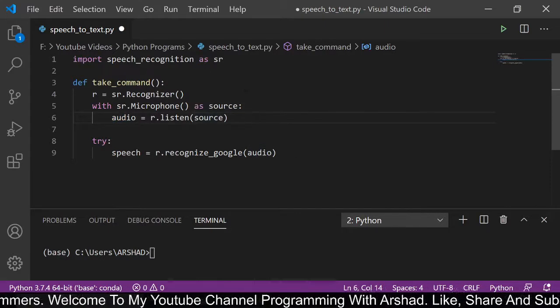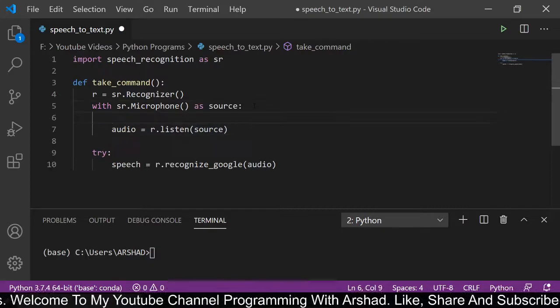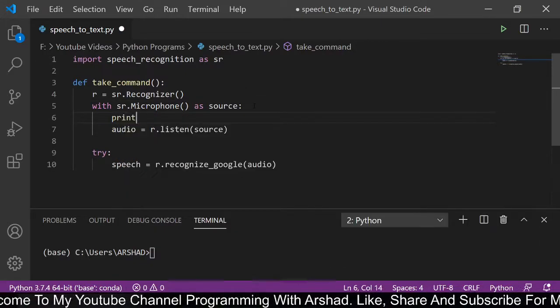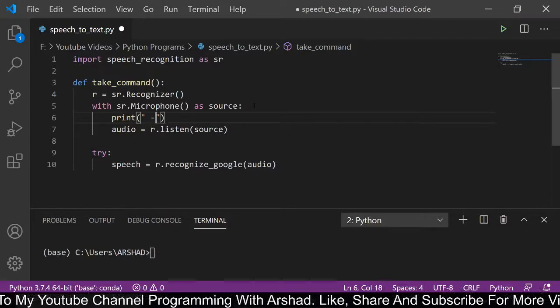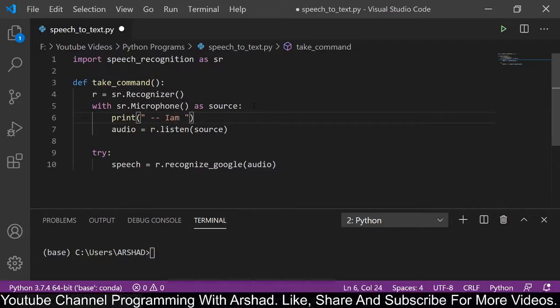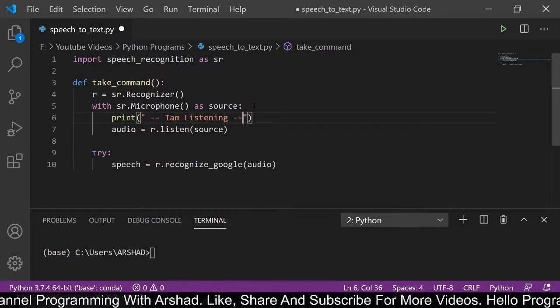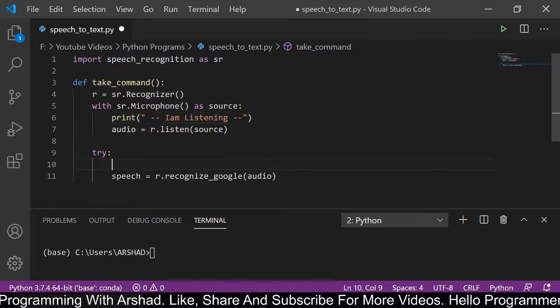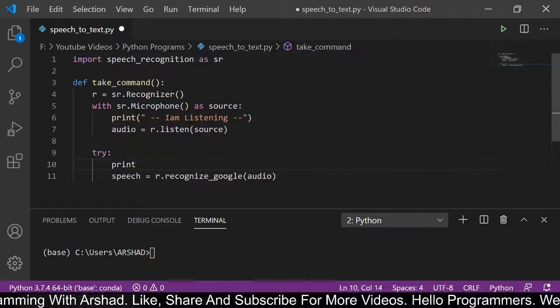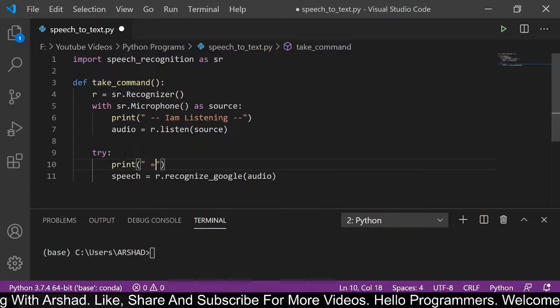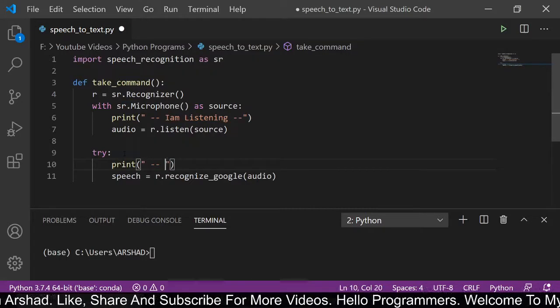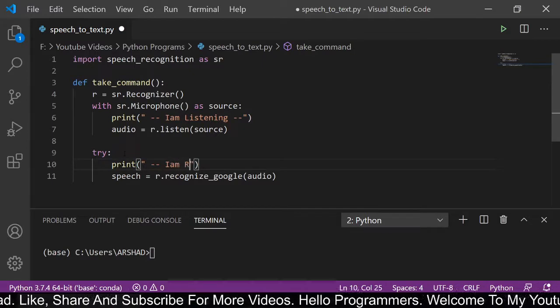Before doing all these things, for intimation, I am giving two print statements here. Print "I am listening", and before recognizing I am giving a print statement: print "I am recognizing".